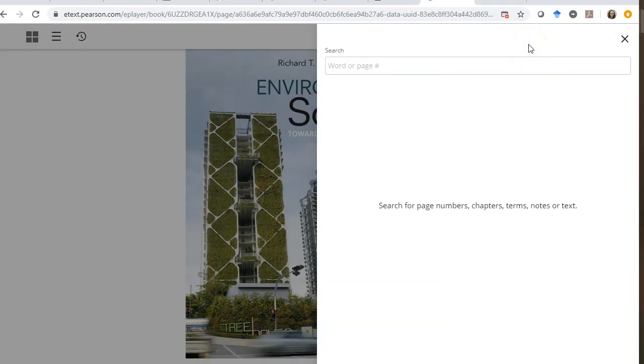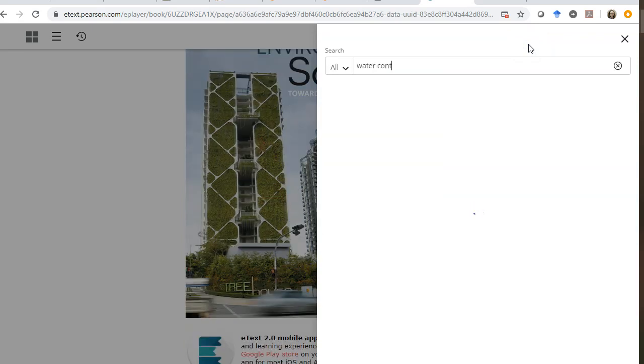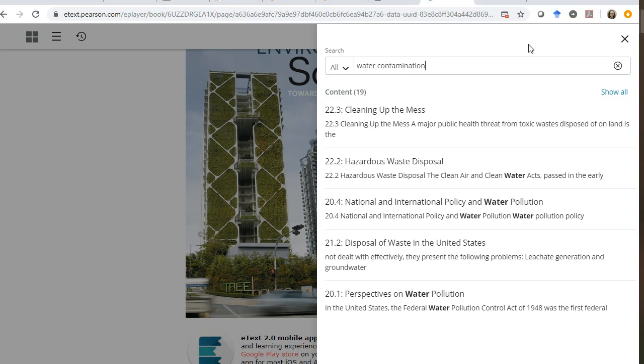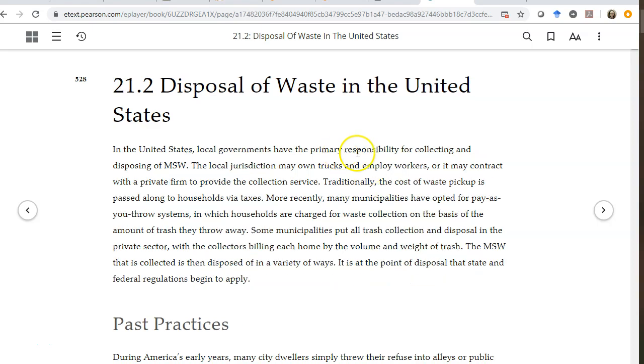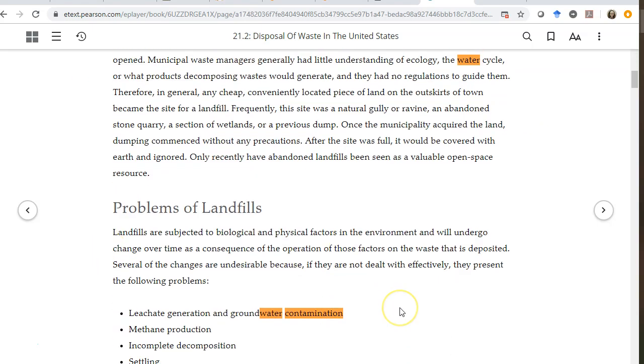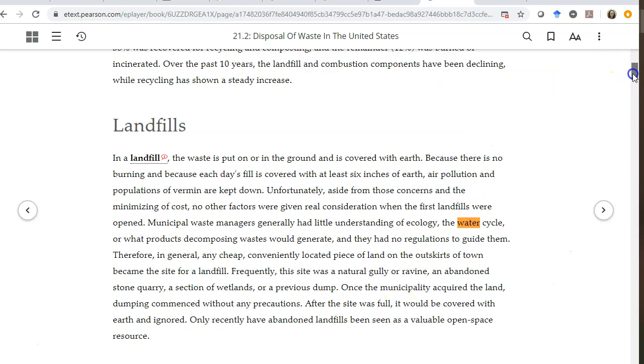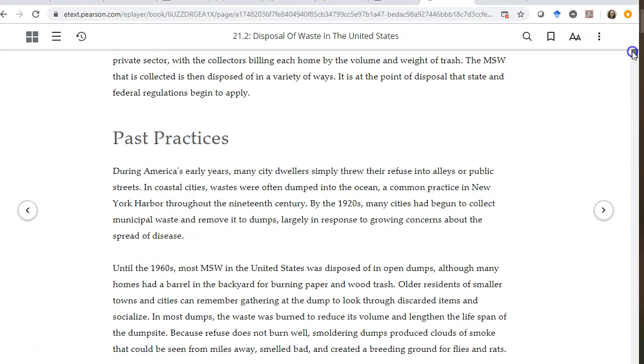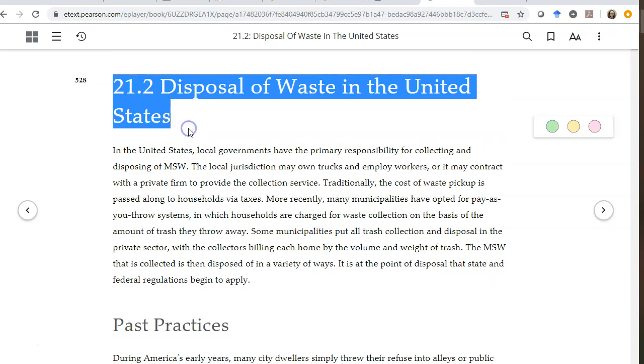So say you want to write a post about water contamination. Now you can see where we're going to talk about that in the course just by cross-referencing the chapters with the reading assignments in the syllabus schedule. But this is also, like, say you want to write a discussion post, you just click here, disposal of waste in the United States. This is your primary source information, it's stuff in the textbook. And so you should read the textbook rather than ask Google. And then, title of your discussion post could be 21.2, disposal of waste in the United States. And then help us to all share the knowledge of the textbook by using it as your primary source information